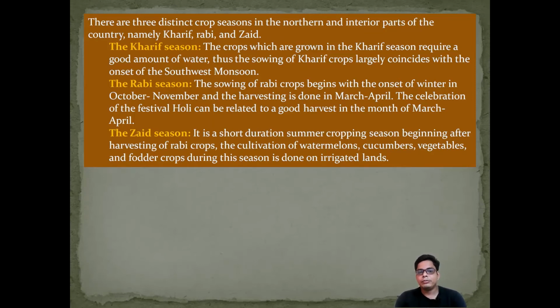If you take the example of Bihu dances, and in southern India, different programs are held to celebrate more production, whenever the farmers get more production. Then the Zaid: between Kharif and Rabi there is another short-duration summer cropping season, with the harvesting of crops such as watermelon, cucumber, vegetables and fodder crops. These are called Zaid. On this basis we can divide Kharif, Zaid and Rabi. So this thing we have to understand.